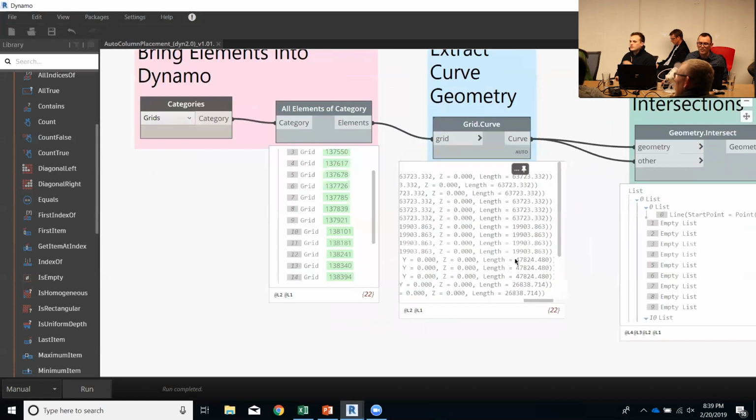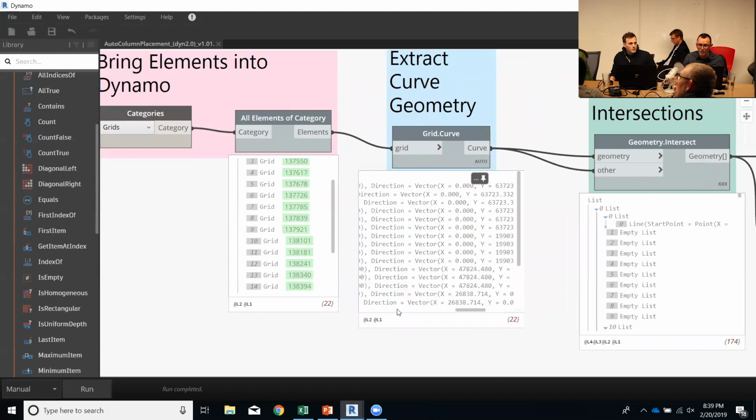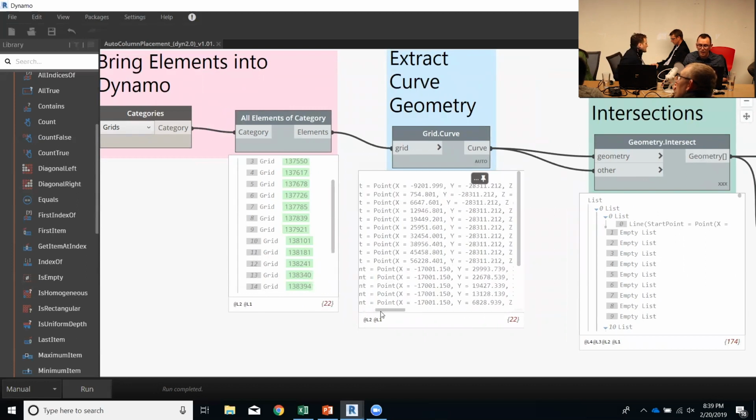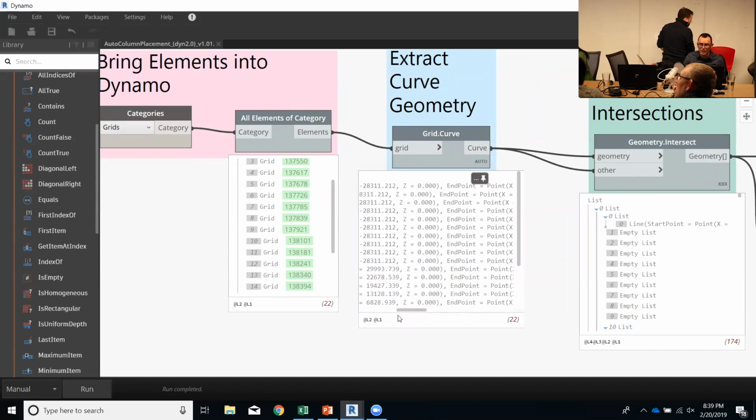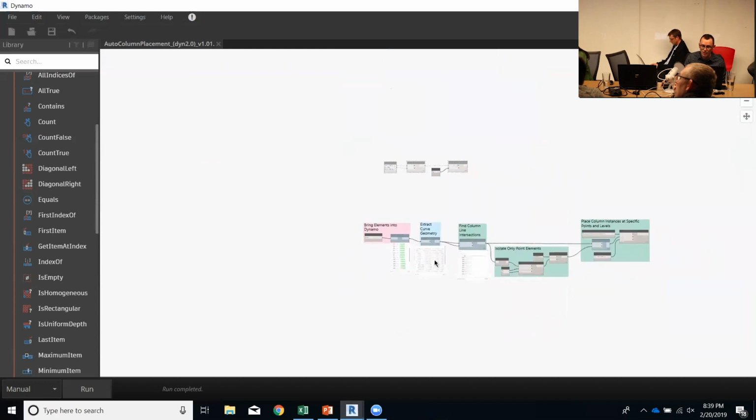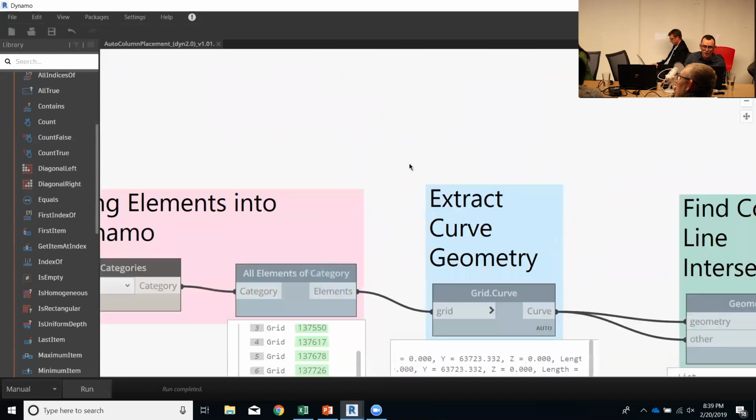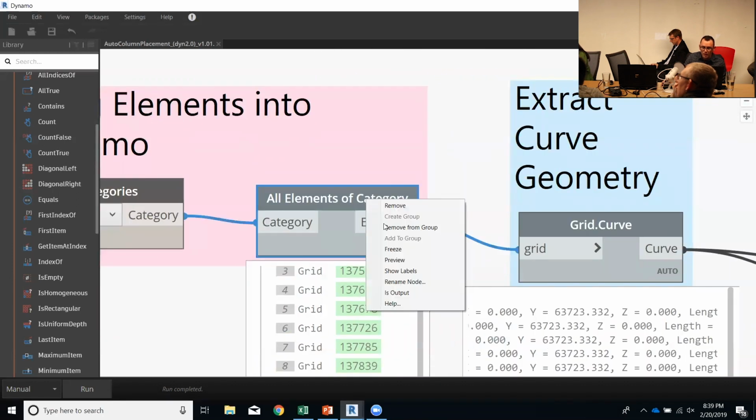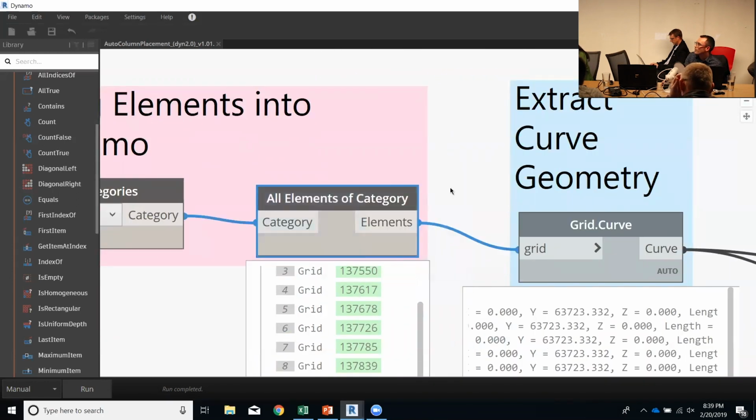Right, so now that we're mining this data, we have our coordinates of the line for the start and end point, as well as the length. Another thing to notice is if you right click and you click under preview,